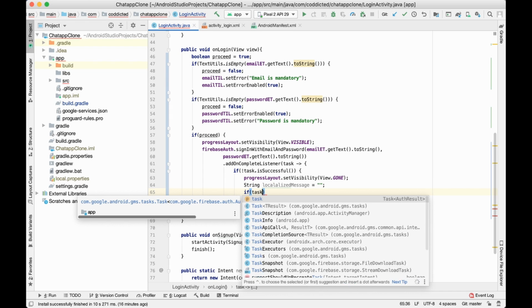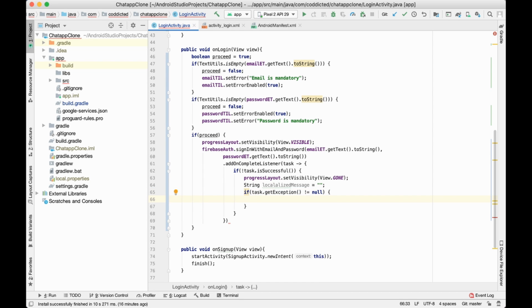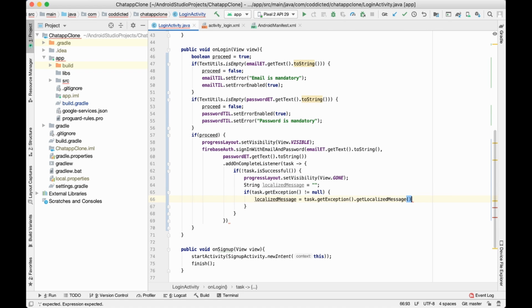So task.getException not equals null, then localized message would be equal to, so I did a typo, yeah, localized message equals task.getException.getLocalizedMessage,